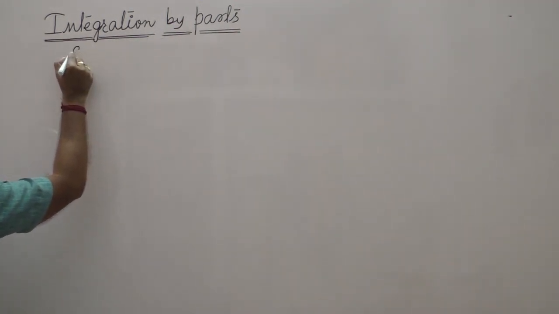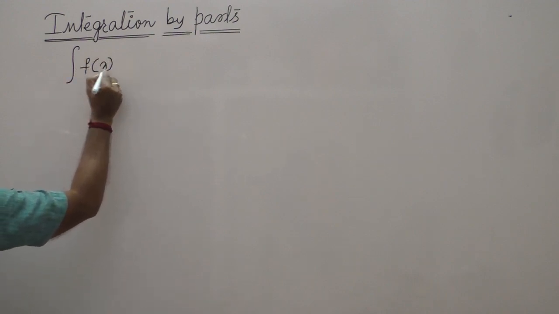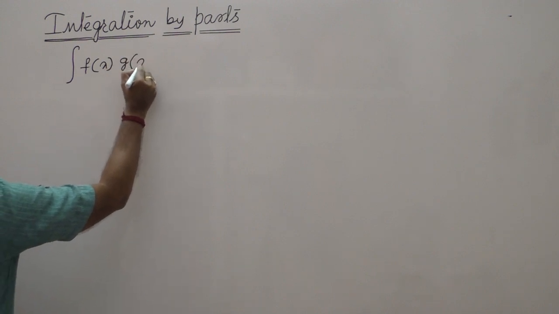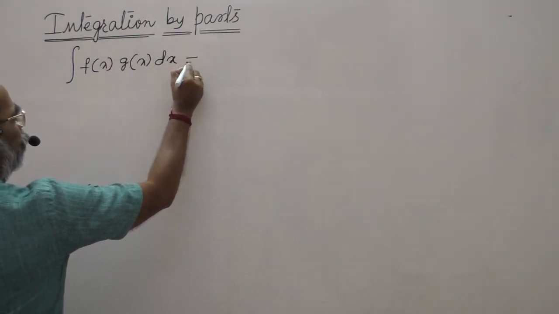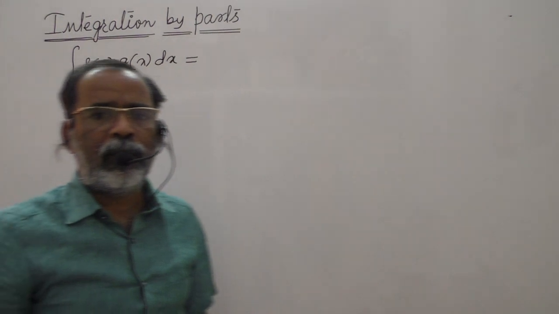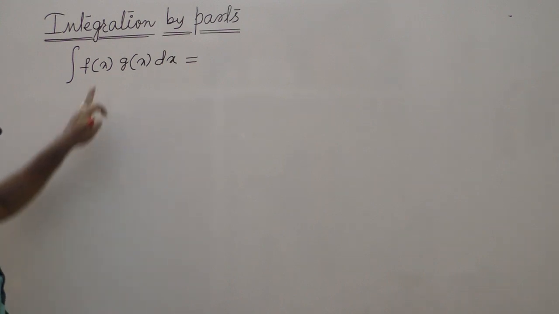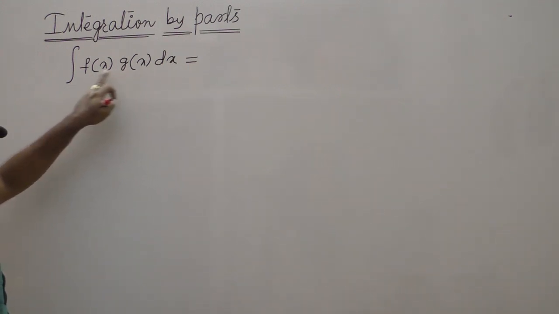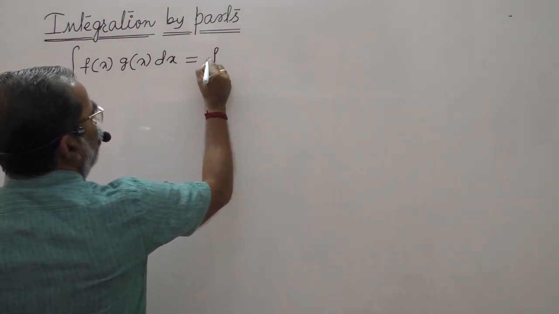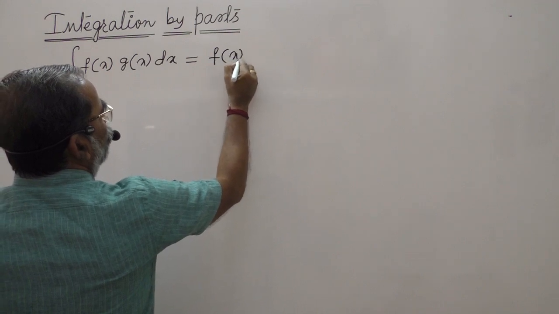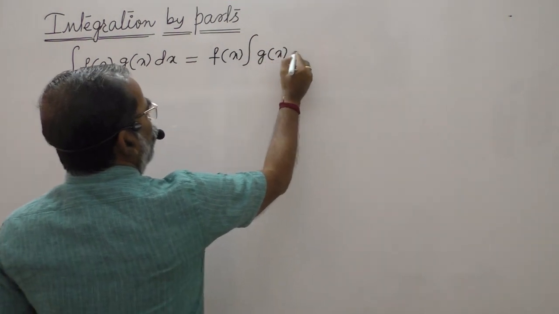Listen carefully. If f of x and g of x are two functions, when their product is there, how to integrate these? This rule says that integration by parts, when there is a product of two functions of x, then its integration will be f of x into integral g of x into dx